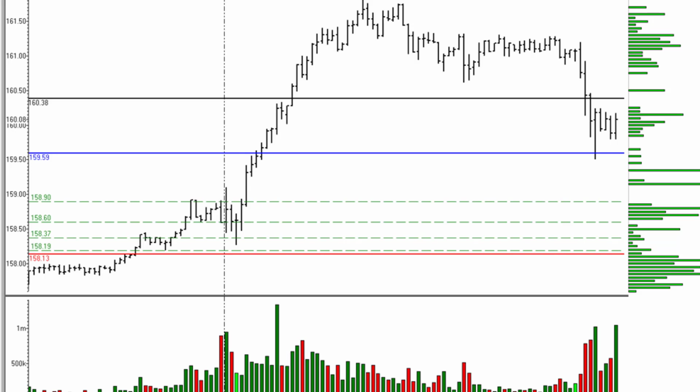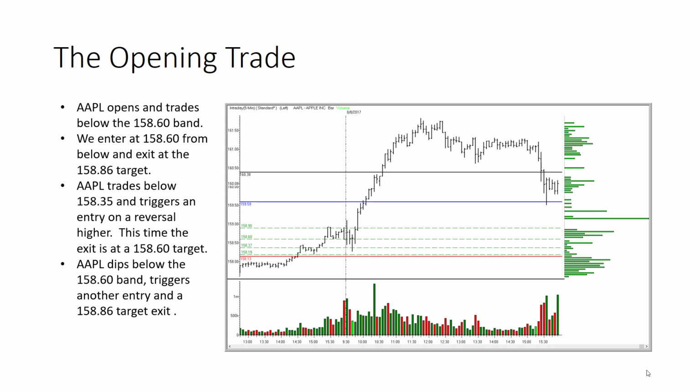This is a long trade, so when it makes the check mark move in this case, down below 158.60, back up through 158.60, another entry opportunity, this time 158.60 to 158.90. And again, there's the opportunity to book 3 really nice profits right off the opening bell just by keying in on closing volatility from the prior session.